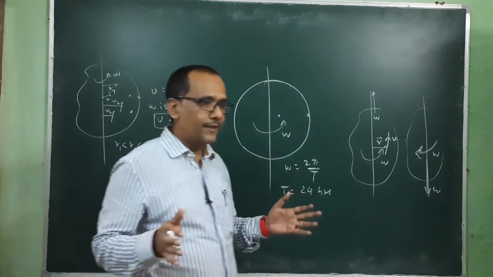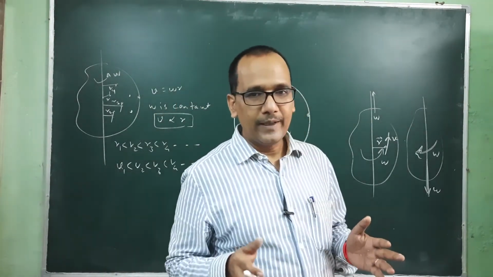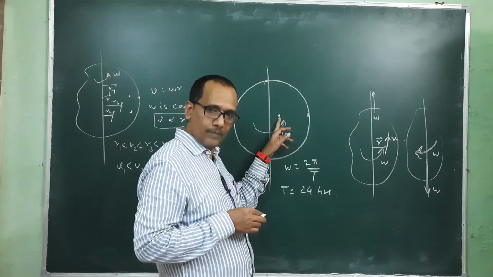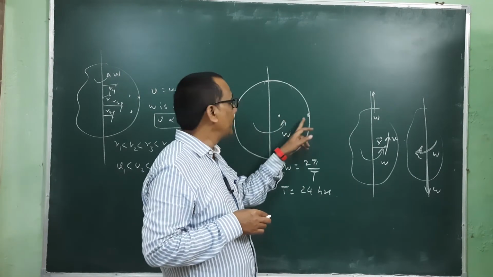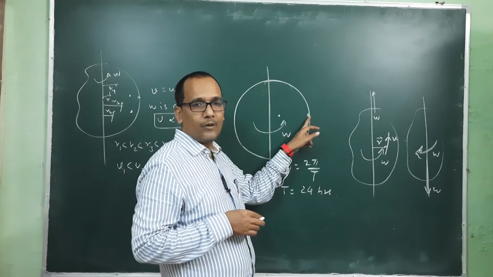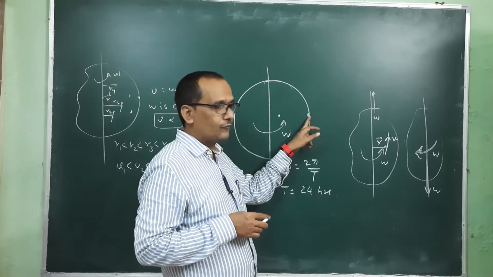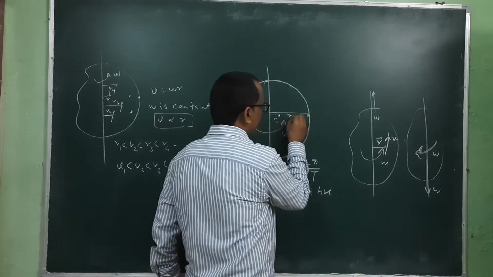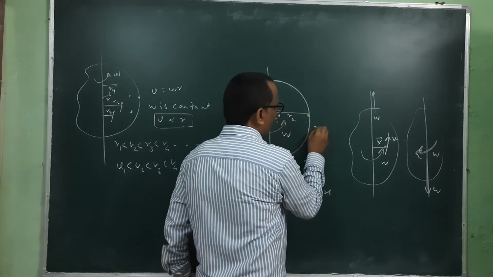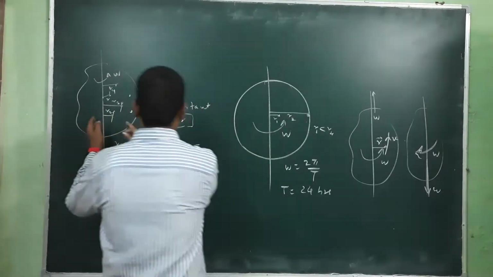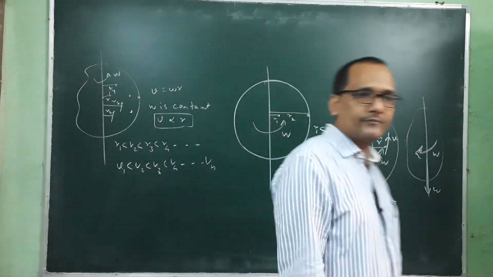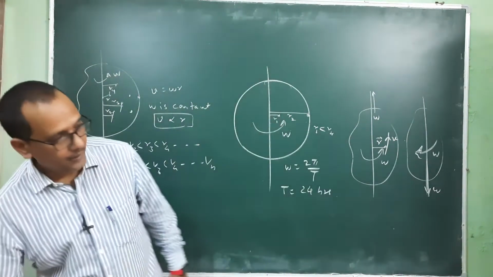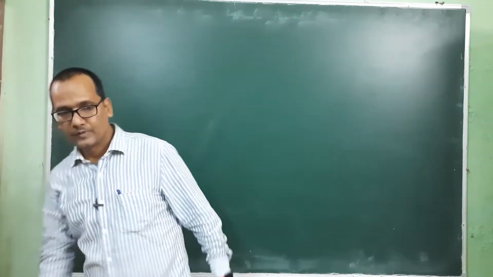So we are not static, we are in the moving form, and the person near the axis has a linear velocity much less than the person at the boundary somewhere here. Why? Because this is R1 and this is R2, so R1 is much less. So we can use this for calculation of the linear velocity.